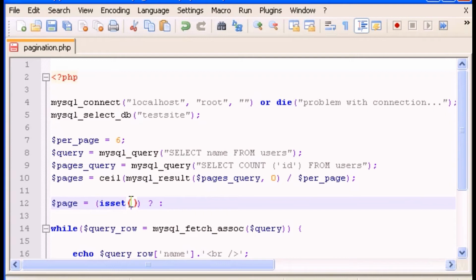It's pretty simple. If we typed this, which is, oops, sorry, the GET variable page. So if the GET variable page is set,